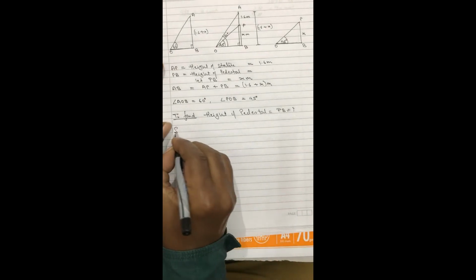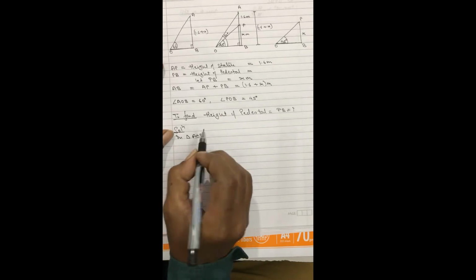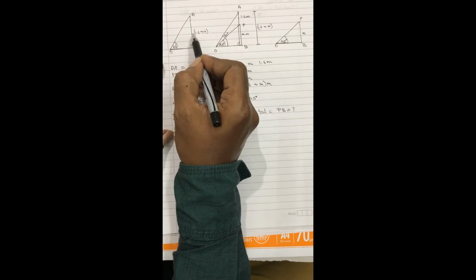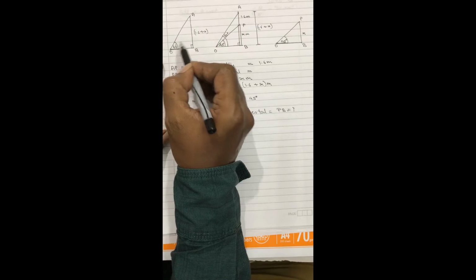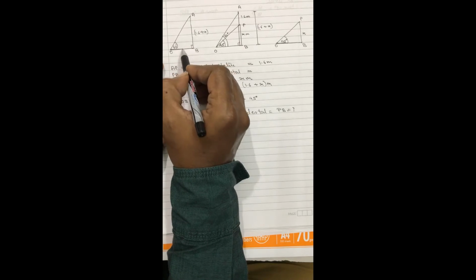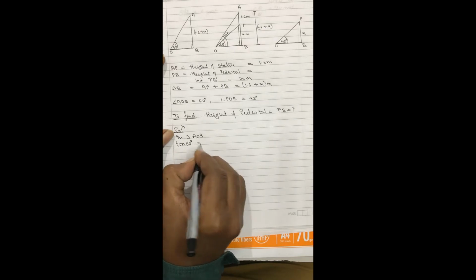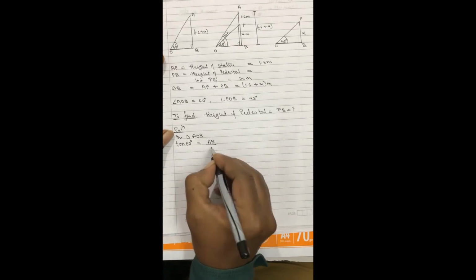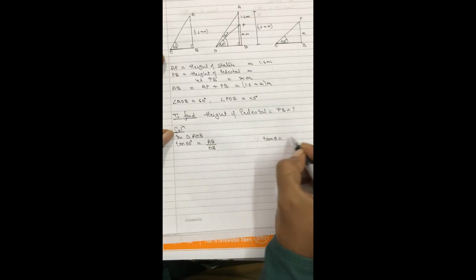So in triangle AOB, considering triangle AOB, see, I have got some information about the opposite side corresponding to the angle 60 degree which is given to me, and BO, which is the common side, is the adjacent side. Opposite upon adjacent, so that's tan. So I will say tan 60 degree is going to be equal to AB upon OB, because tan theta is equal to opposite side upon adjacent side. This is my 1.